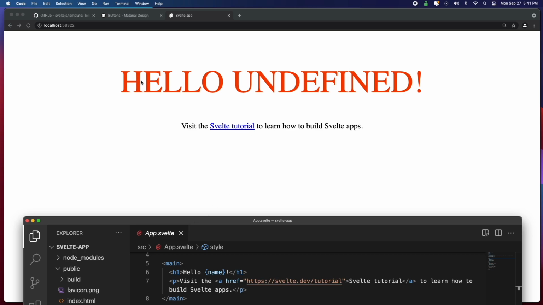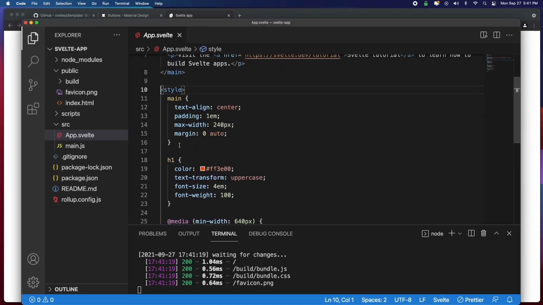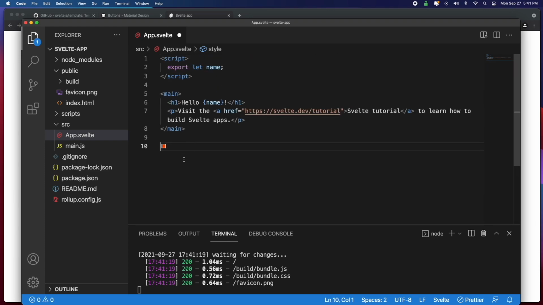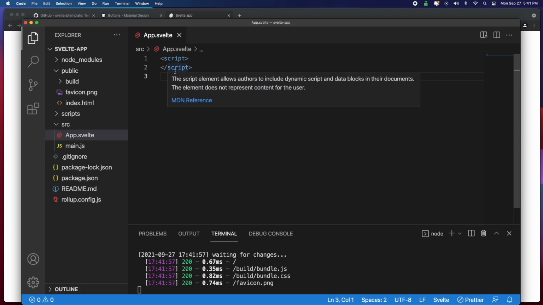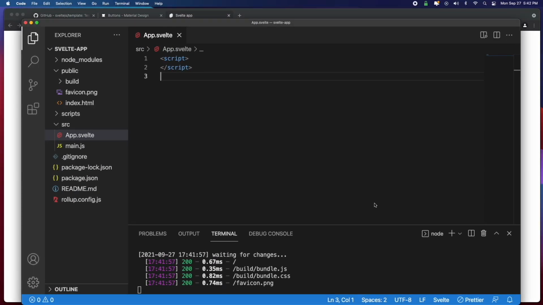In fact, you can see that this turned back to an old font because I already started to pull out some of the styles. But we're going to pull out the rest of the styles that are here in the App.svelte component. And then we're going to pull out this markup between the main tags. And we're also going to pull out this prop export there. And we're going to save it. So literally all that we have left is the opening and closing script tags here. And then we have a nice clean project with nothing here, so we can move forward with implementing the